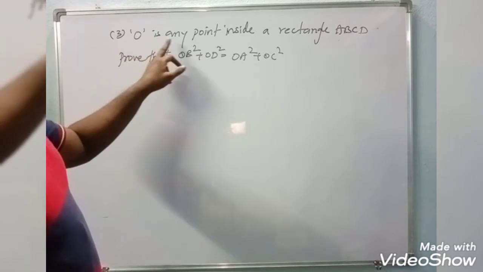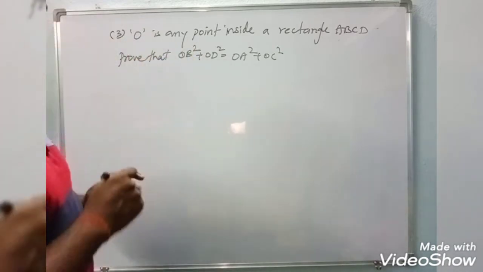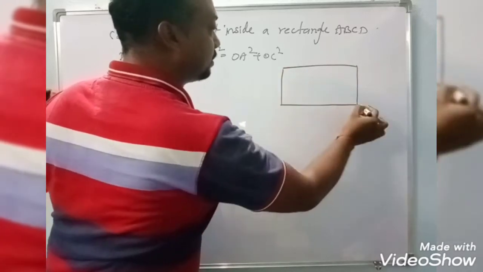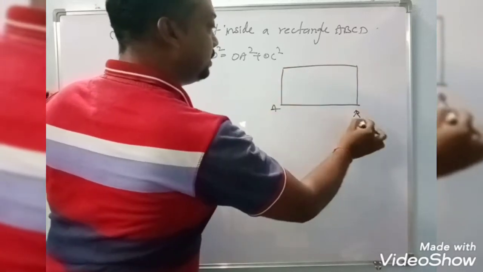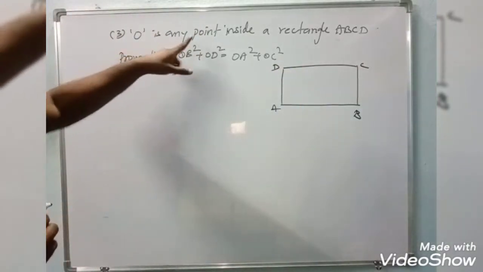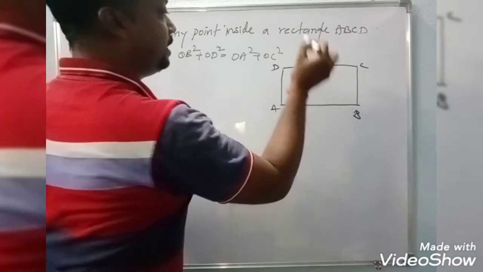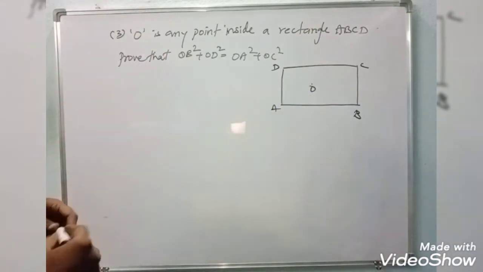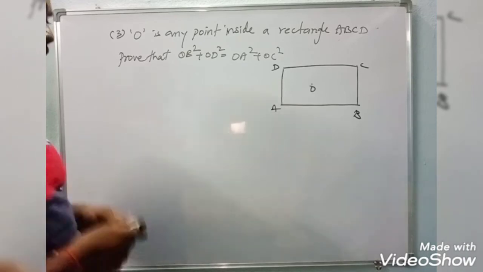So now here O is any point inside a rectangle ABCD. So here if I draw a rectangle and name it ABCD, then O is any point inside of the rectangle. Suppose I am taking this as O, right? Then we have to prove that OB square plus OD square is equal to OA square plus OC square. For proving this, we